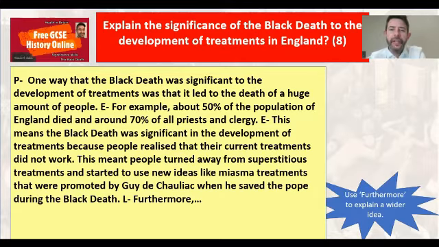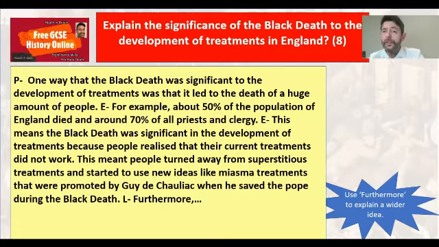So it's significant to the development of treatments because people realised that their current treatments did not work, because obviously everyone was dying. This meant people turned away from superstitious treatments and started to use new ideas like miasma treatments that were promoted by Guy de Chauliac when he saved the Pope during the Black Death. Okay, so if you've gone for the importance one of Guy de Chauliac, that explanation will probably work for you